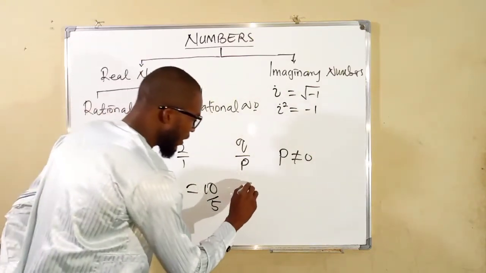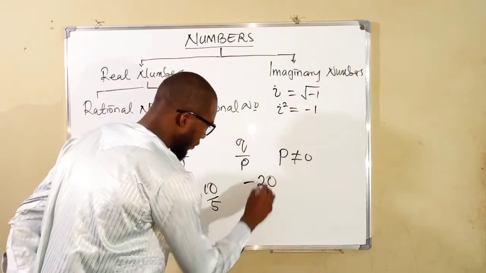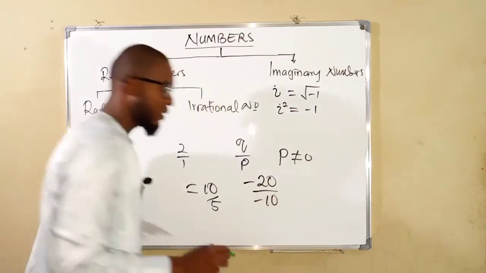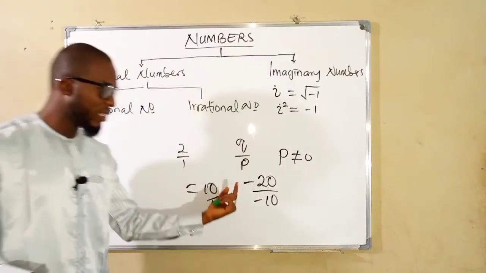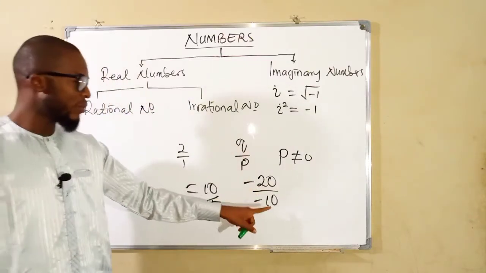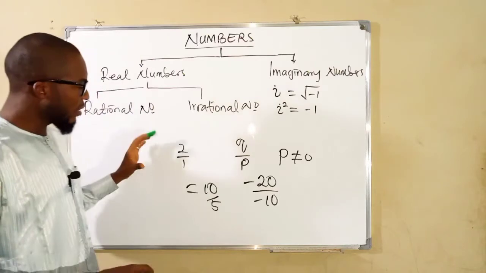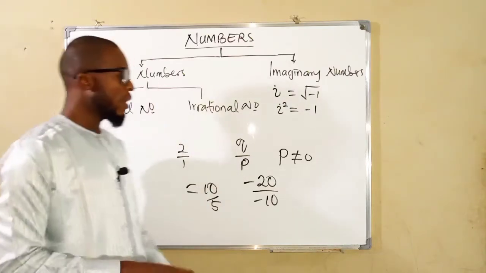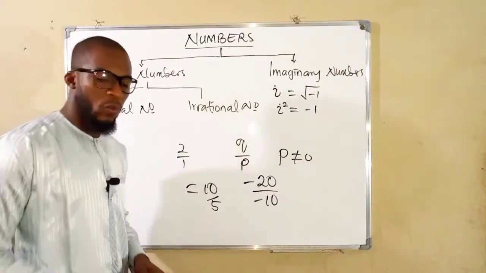We can say -20 over -10 is the same thing as 2, because negative cancels negative. 20 divided by 10 is 2. So these integers, all integers are rational numbers. Another form of rational numbers, we may have